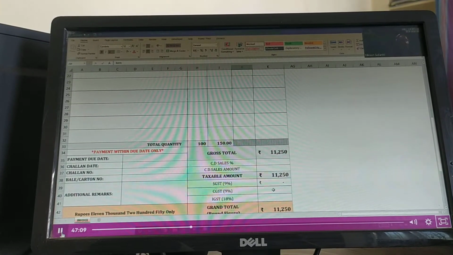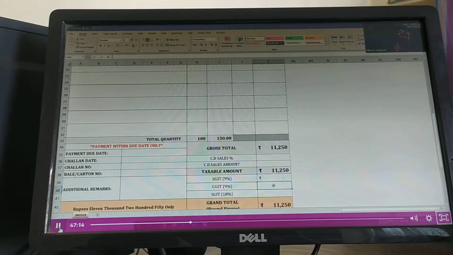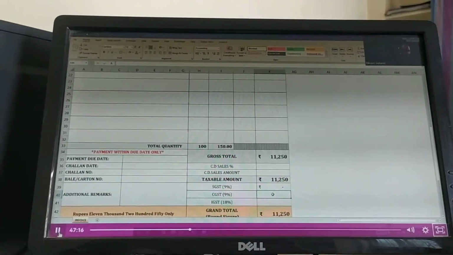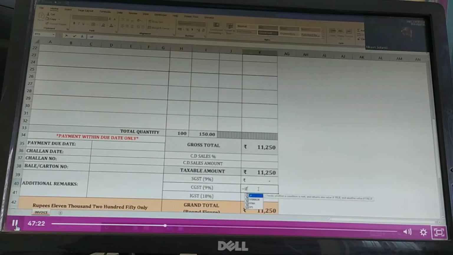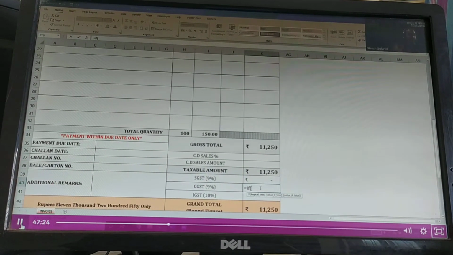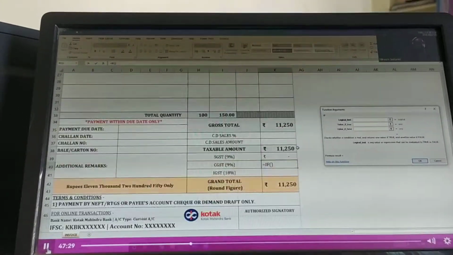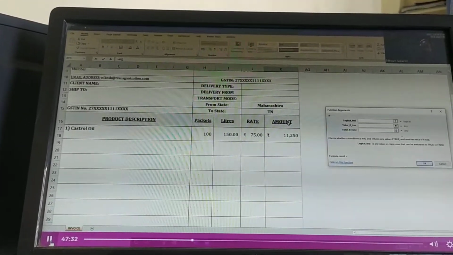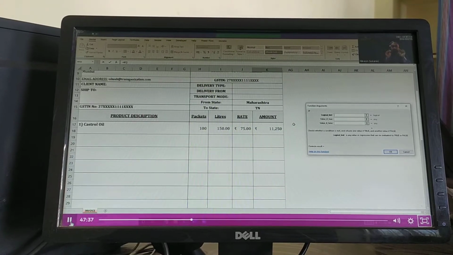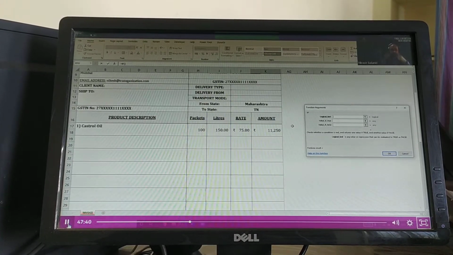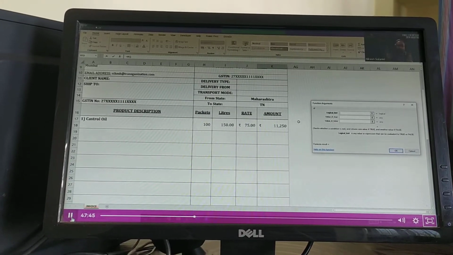Right, I'll do this activity again for CGST. If you're not able to understand this, please hear this out again. Right, is equal to if, अगर, if का मतलब होता है हिंदी में अगर, right, if I go to fx, what is the logical test? Logical test ये करना है अगर मेरा महाराष्ट्र, both the states are same, both the cells, both the content जो भी लिखा है मैंने वो सेल में, अगर दोनों मैच होता है तो मुझे 9% के साथ मल्टीप्लाई करिए या तो मल्टीप्लाई मत करिए, keep it 0, right?